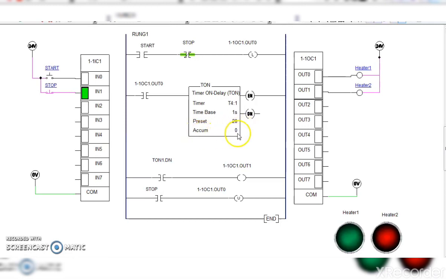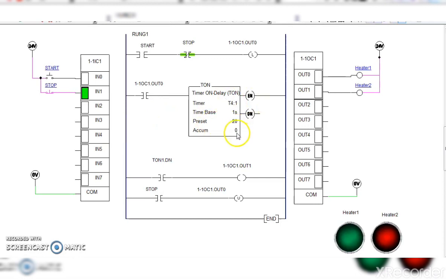And accumulated value means whatever the current counted value is, which is now equal to 0. Okay. It has two bits, that is the enable bit and the done bit. Enable bit is whenever this switch is started, at the same time this enable bit will start.